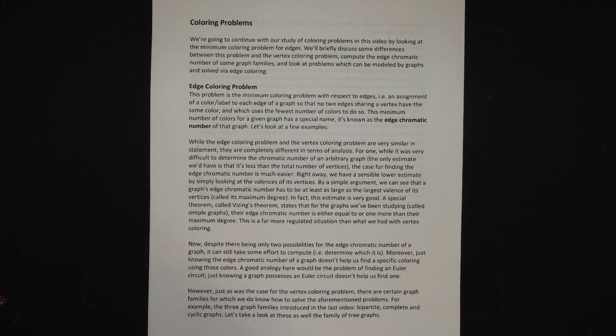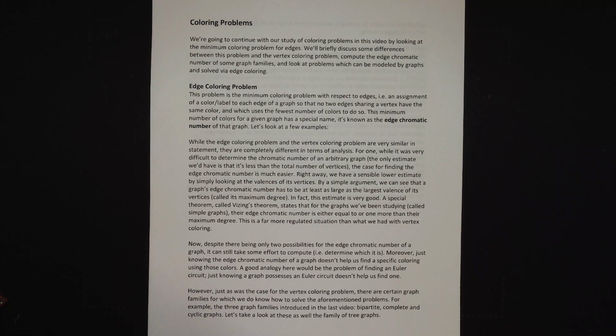So the edge coloring problem. This problem is the minimum coloring problem with respect to edges. We're looking for an assignment of a color or label to each edge of a graph so that no two edges sharing a vertex have the same color, and which uses the fewest number of colors to do so. So this is a particular instance of that minimum coloring problem that we talked about in terms of components